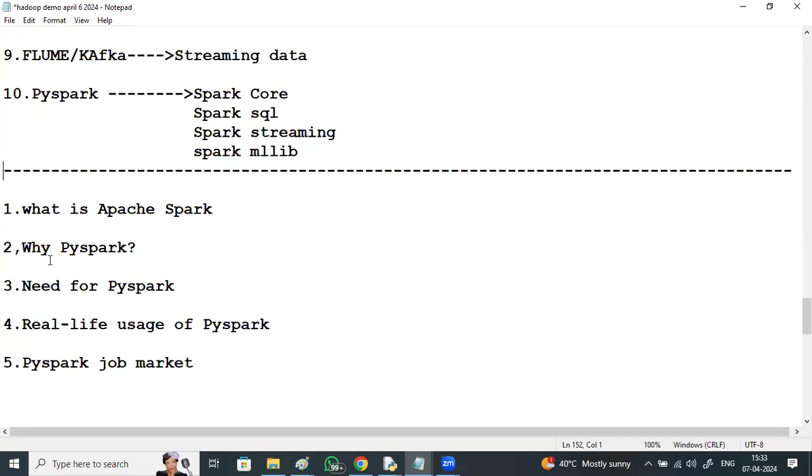Okay. If we look at the job market for PySpark, the salary packages are very huge compared with other technologies. You can see they are 1.5 times more than other technologies, right? In the same way, you need to have command of PySpark. So here we see the course content in brief.